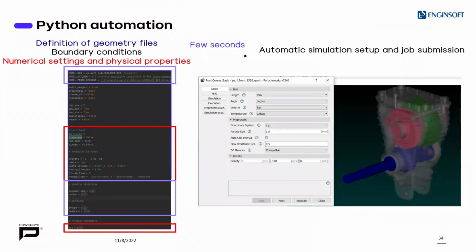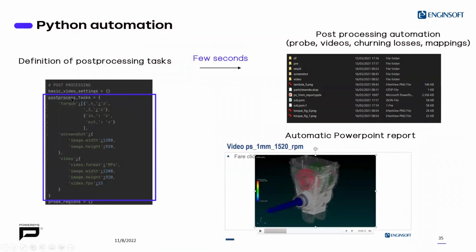Regarding the Python script, you will have the possibility to use some Python modules dedicated to Particleworks in order to create scripts to automatically define settings, add functions, and automatically run simulations from Particleworks. You also have functions for post-processing, for example to calculate the torque, create screenshots or generate videos. So you create a script, and in a few seconds you will obtain